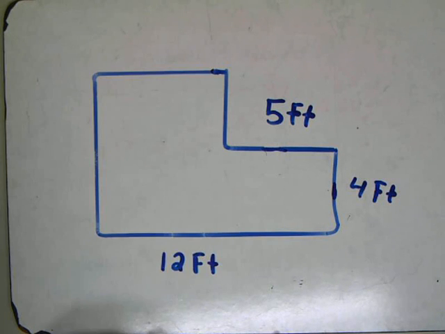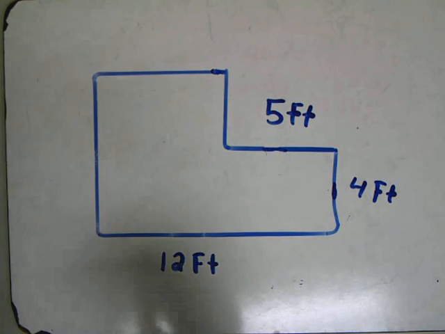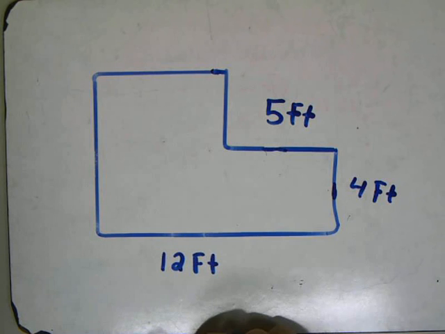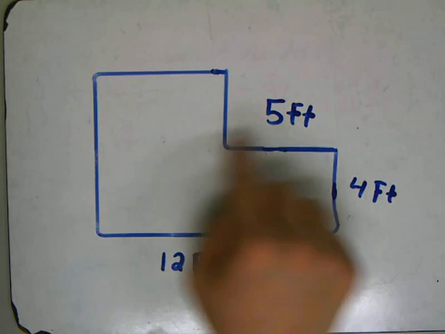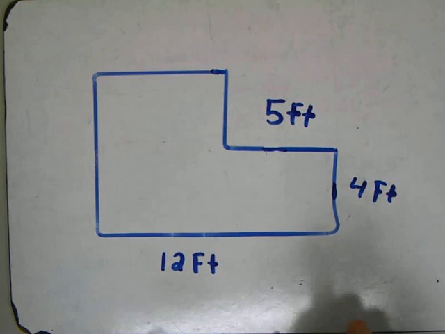And we learned a new formula today, but you also remember last year that side plus side, or however many sides there are, if you add them all up together, it equals the total distance around any shape. And that's what you always need to find when you're working with perimeter. Now, I gave you a couple different